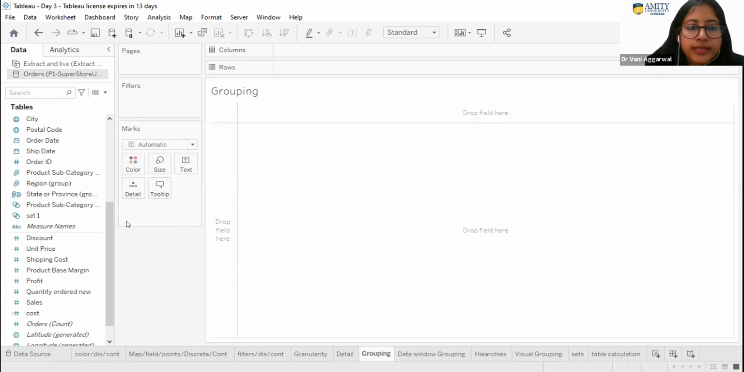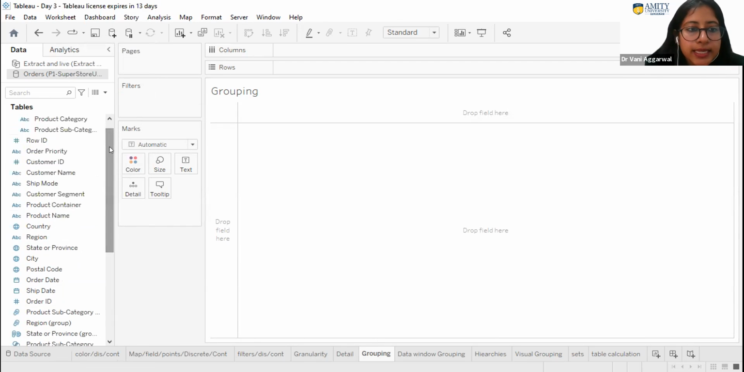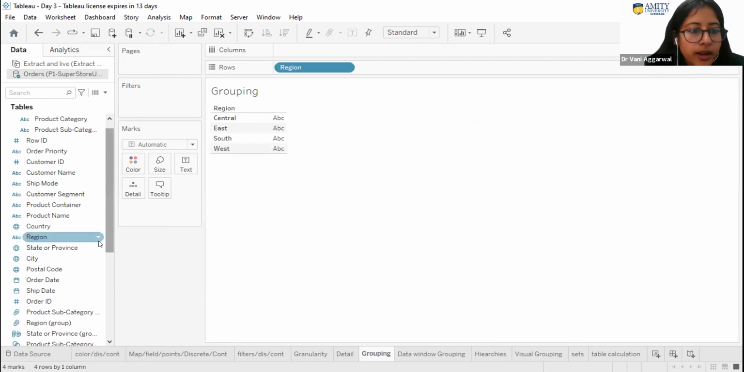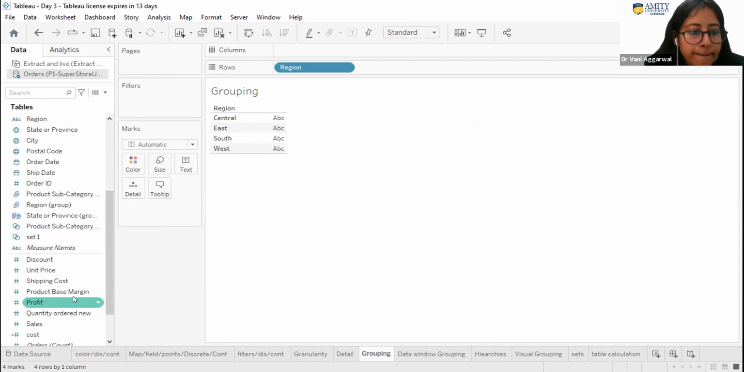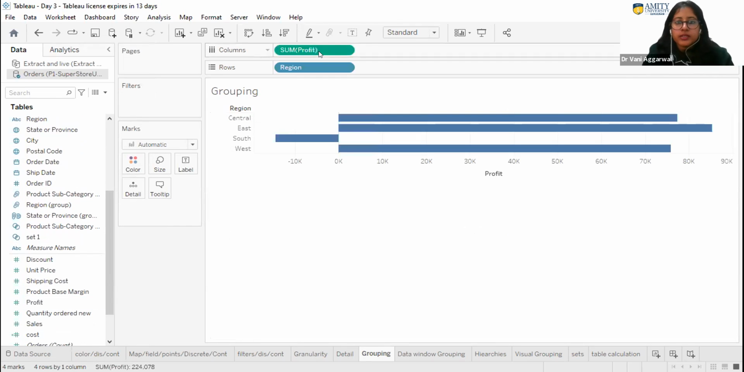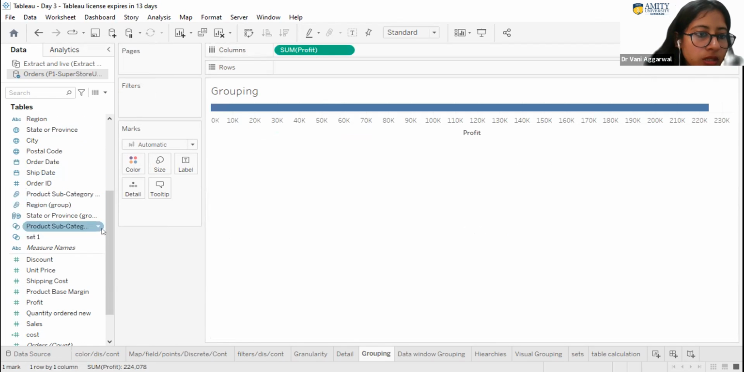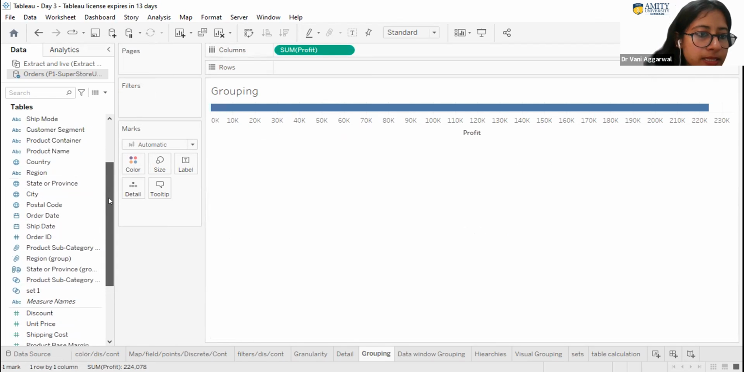Okay, so for example, I want region wise sales. First I'll create a graph of region wise sales. So I'll drag region, I'll drag sales, or say region wise profit. So I'll drag profit. Okay, so this is my region wise profit. Now maybe you want to know the profit as per the